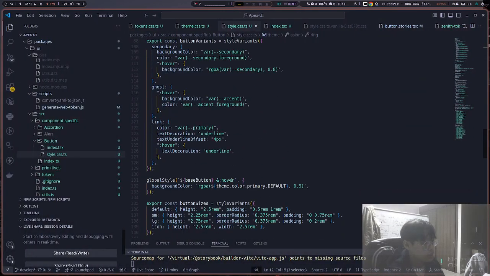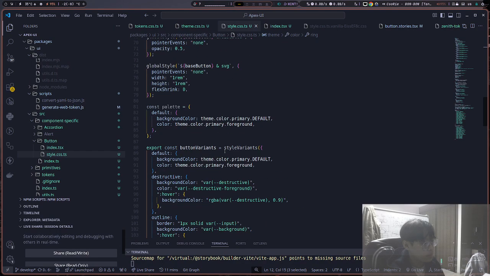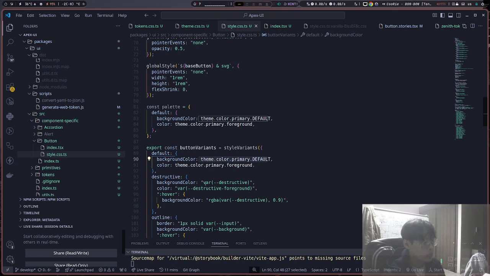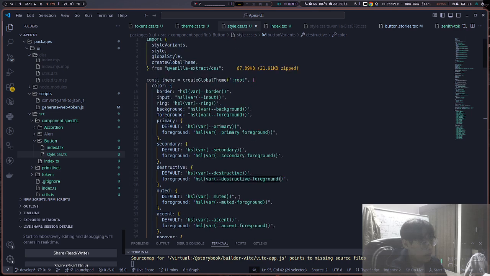So what I'm trying to do is, I'm using Vanilla Extract, which is really good for type safety. So I'm making button variants and specifying this kind of thing rather than relying on the variables in here. And the reason why I think this is good is because I believe this reads your CSS file. What do you mean it reads your CSS file? Because